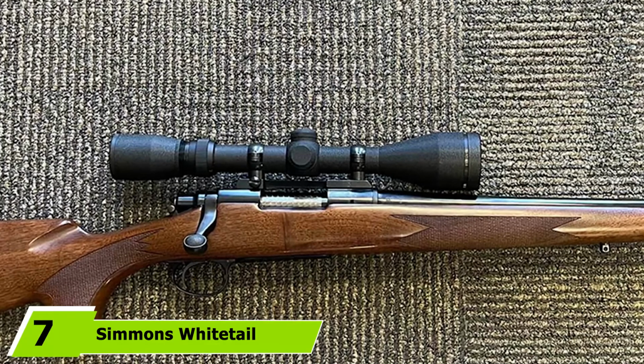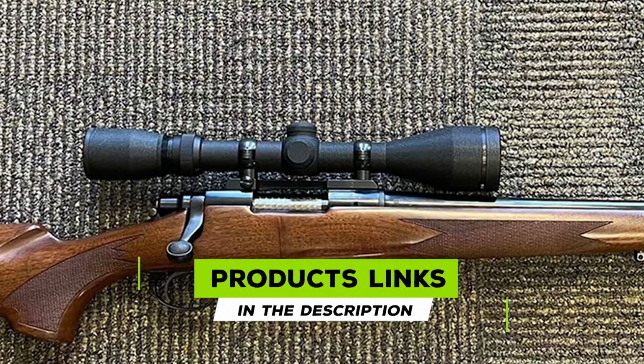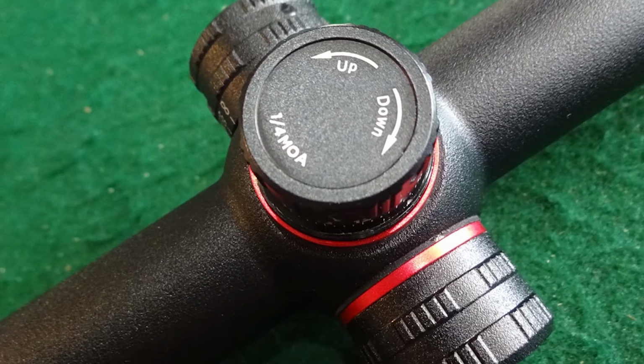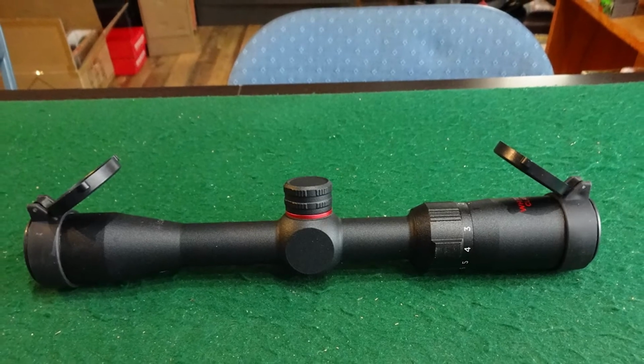Moving on to number 7 with the Simmons Whitetail Riflescope. The Simmons Whitetail line is known for doing everything, but only decently. They don't have a lot of features: no reticle illumination, no parallax adjustment, and no BDC or rangefinder on the reticle. That said, they have good image clarity for the price point,